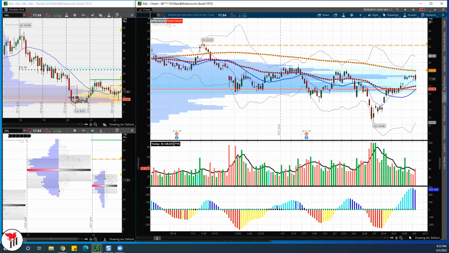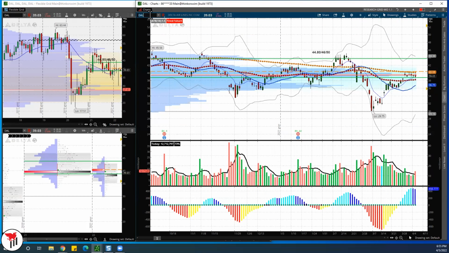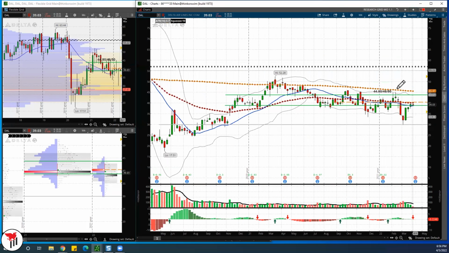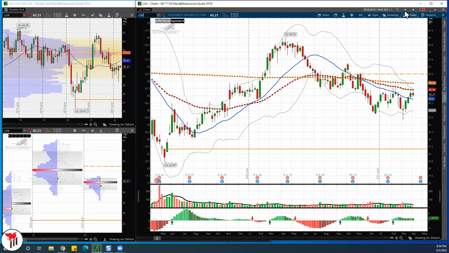So that's AAL, and Delta Airlines, DAL, similar pattern. Look at the location. Location is not as good per the monthly chart. It's been trapping people, checking people out, horrible checkout. So where do we go here? I think I keep my idea as the 45. I want it over 45. I don't want to mess with this one. Over 45, 46, and 60. Delta. What's the other one? JetBlue, Lufthansa. I don't think we trade that one. Southwest Airlines.